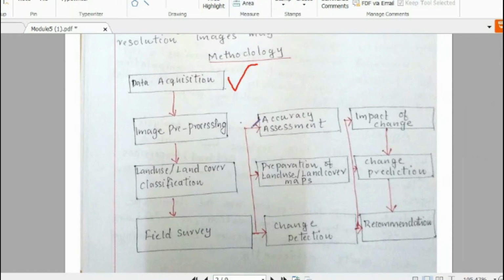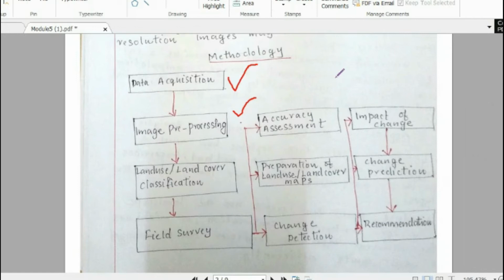Then, we already covered what we mean by image processing in the second module. Pre-processing means the basic corrections or the enhancement of the properties of the data we collected. The data, in the sense, what I mean is the remote sensing images or the satellite images or the topographic images.